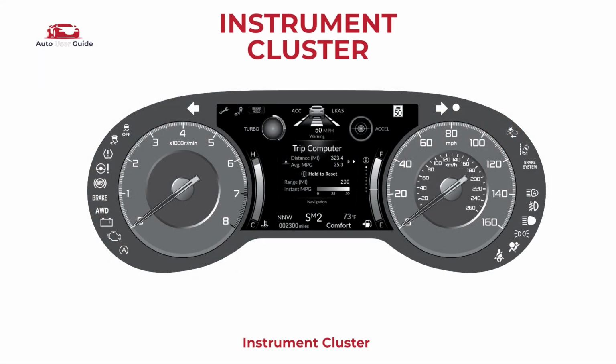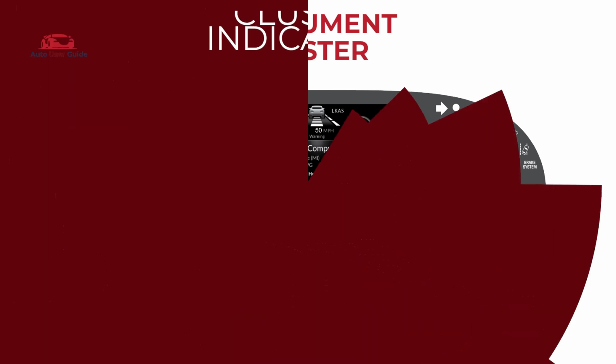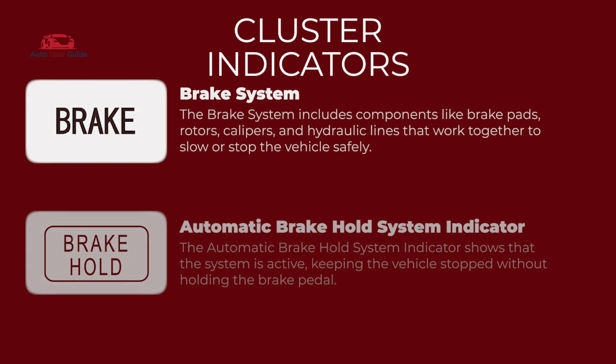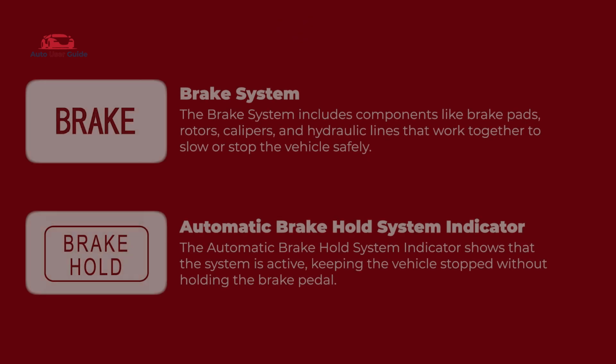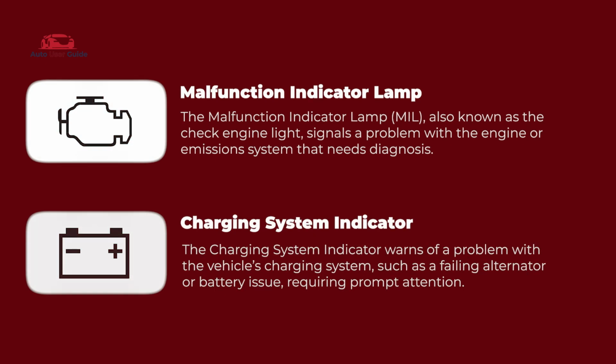Instrument cluster. The units of measure may differ depending on the intended destination of the vehicle. Cluster indicators: brake system, automatic brake hold system, malfunction indicator lamp, charging system indicator,